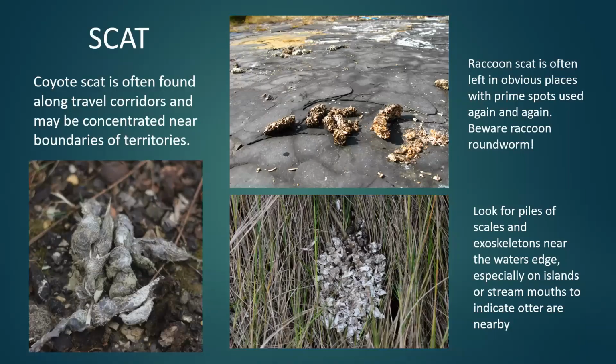Now, tracks aren't the only things that mammals are leaving, and if you're out there and you're following tracks long enough, maybe you get lucky enough and you find a scat, right? That's a good thought. Follow something long enough and maybe you find a pile of poop. It's always good to have things to look forward to, right? We're amused by simple things here, but anyway, now this scat in the bottom left,